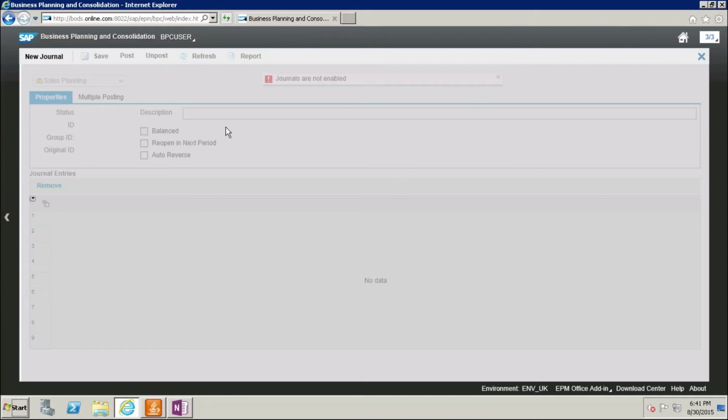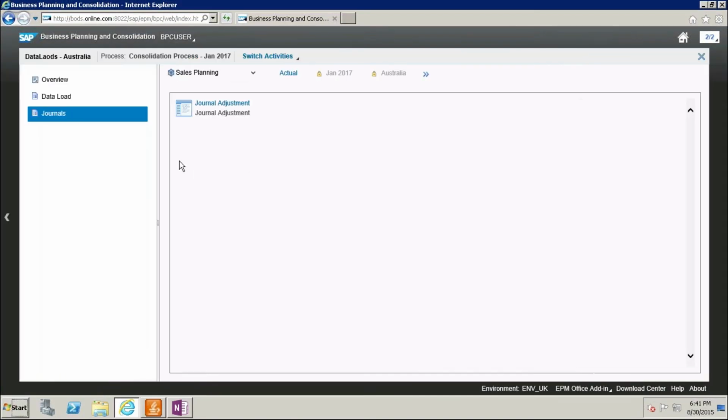Journals are not enabled here. So you enter your journals, edit whatever data you are going to edit, submit your journals, save, and close. Then you come back to your activity journals.